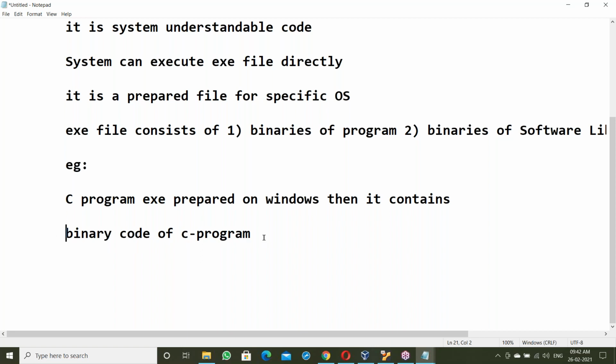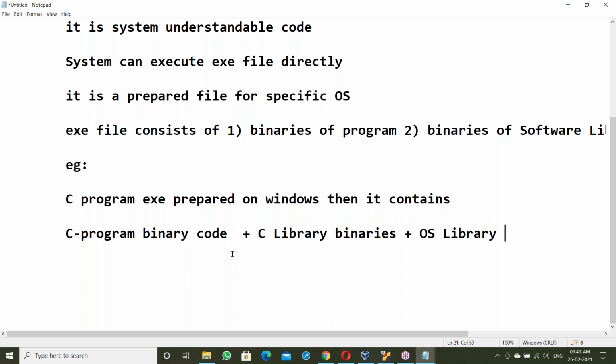Simple understanding: your C program binary codes plus C library binaries plus OS library binaries.